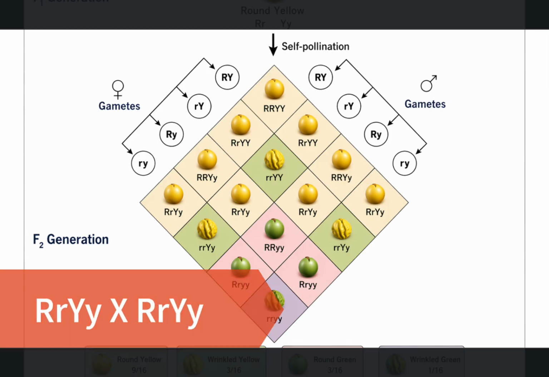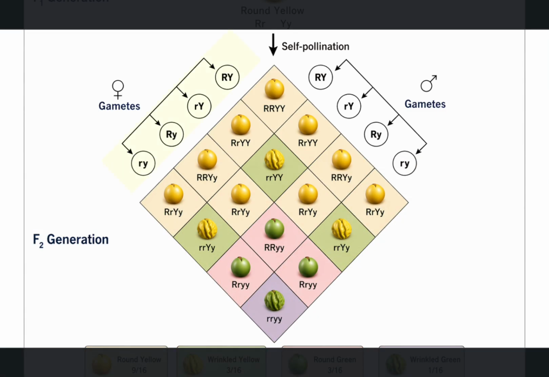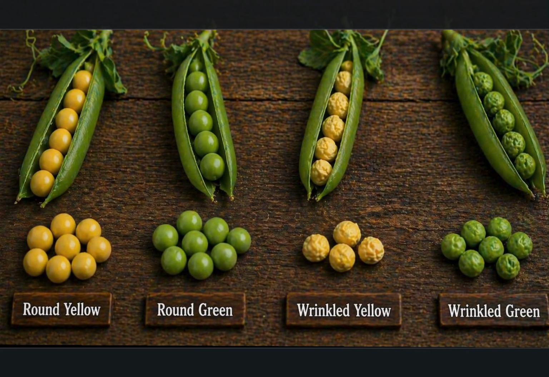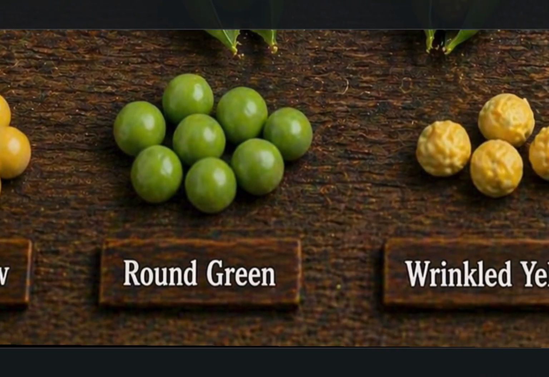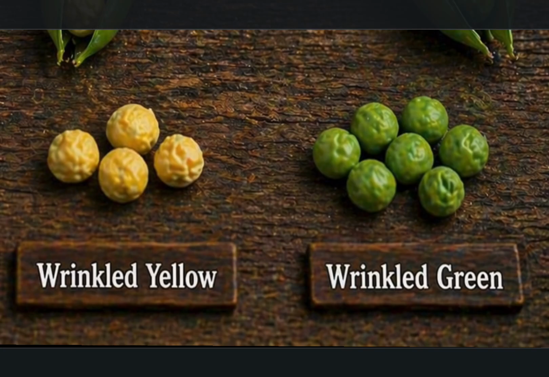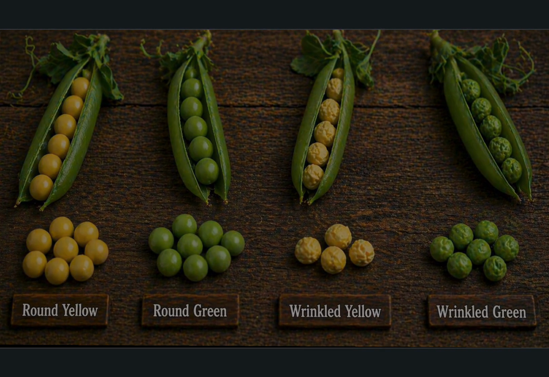Now each parent produced four types of gametes, that is capital R, capital Y; capital R, small y; small r, capital Y; and small r, small y. When these combined in different ways, four types of offspring appeared: round yellow, round green, wrinkled yellow, and wrinkled green. The phenotypic ratio obtained was